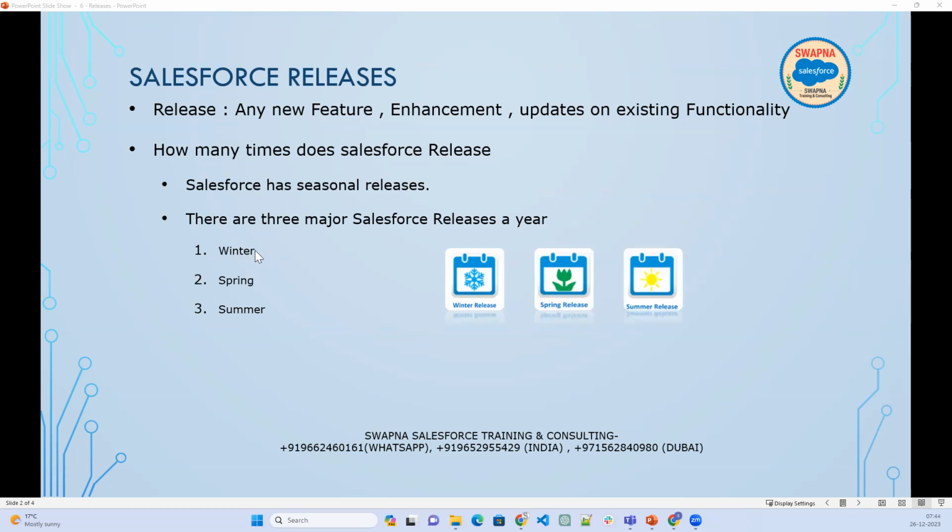In every release you will see either a new feature, or an enhancement, or it could be that they give only updates with no new features, such as a better way to query or retrieve the records, reducing the developer effort. All this related information you can find in the release. So whenever a release is happening, for example the winter, spring, or summer release,